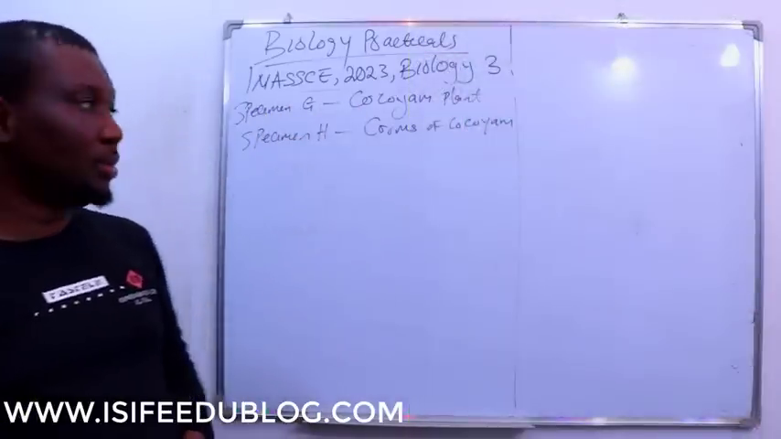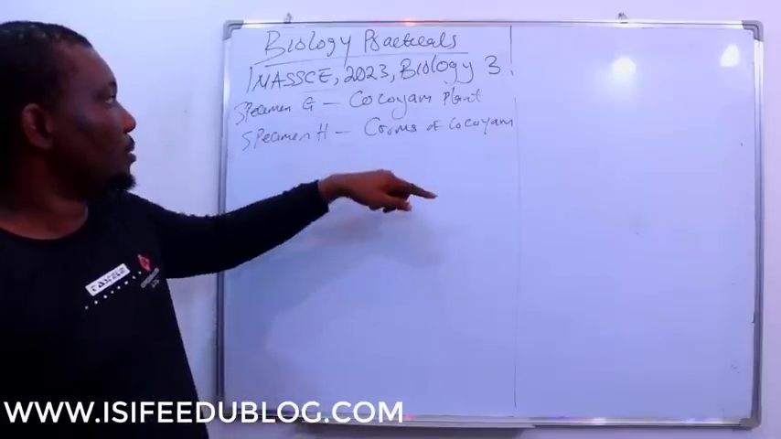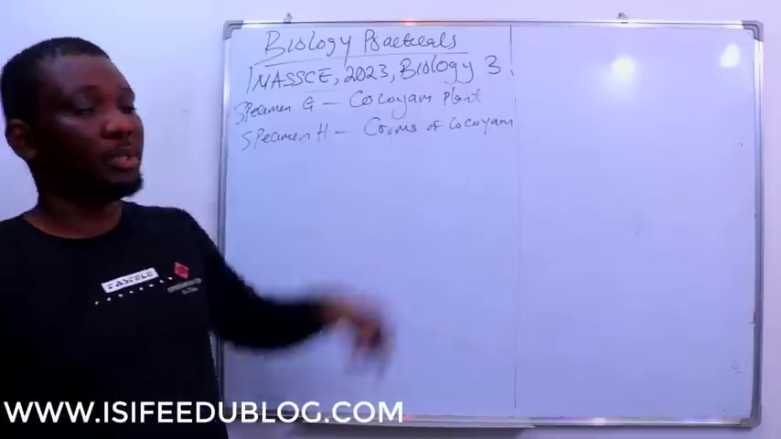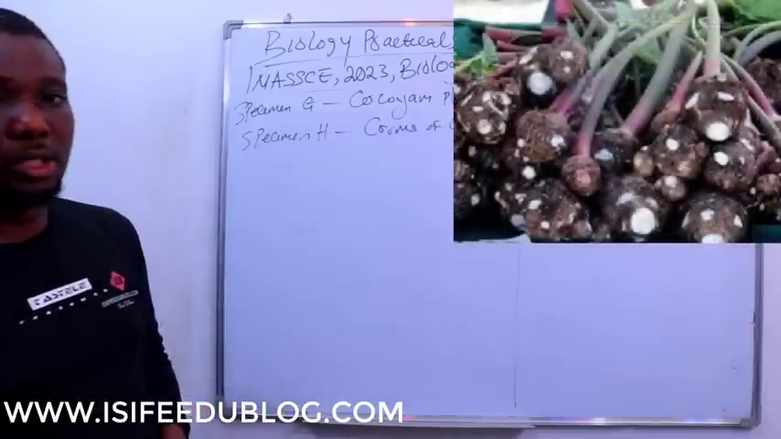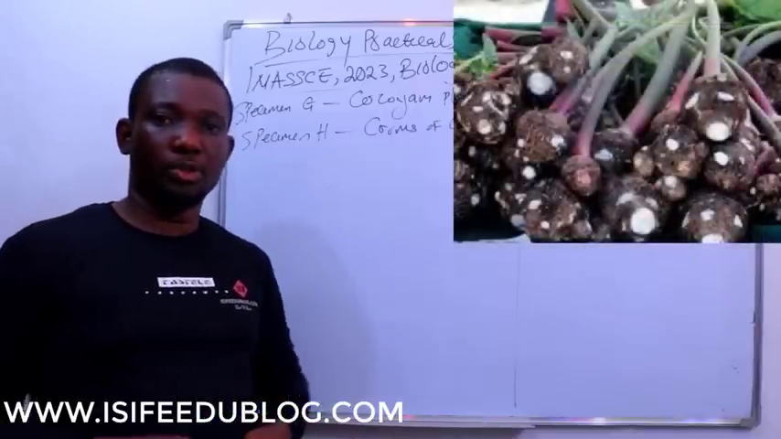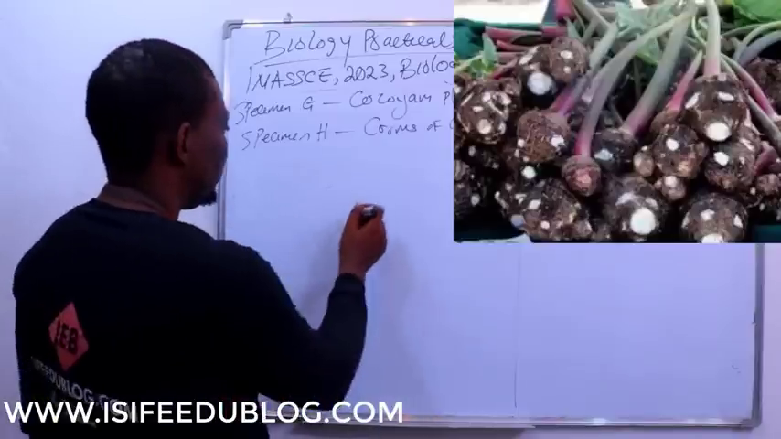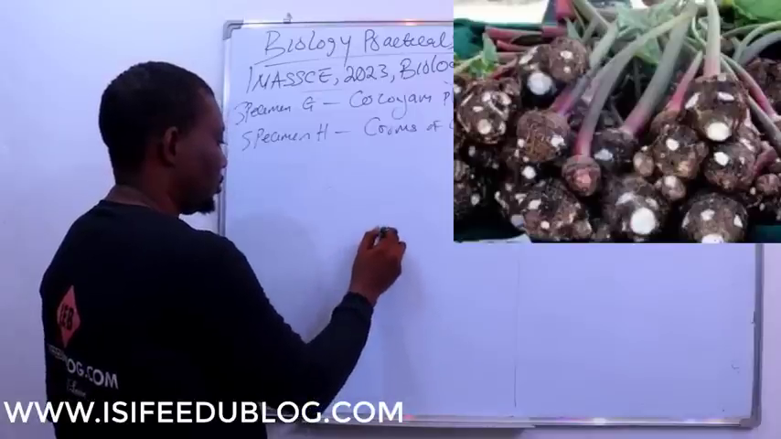that the examiner will want to know if you can differentiate between a corm of cocoyam and the whole plant of cocoyam. So this whole plant of cocoyam starts from a corm. A corm is just like a tuber, but it's not a tuber. It's like a round ball shape